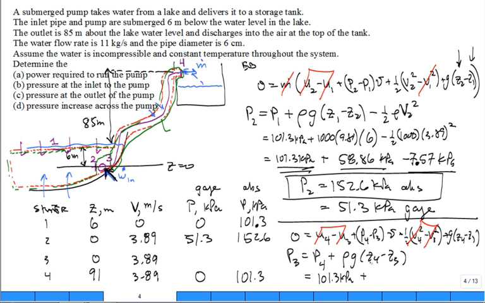And then what is the elevation change, Z4 minus Z3? It's 91 meters. And so then that comes in at 893 kilopascal, or a total of 994 kilopascal. So 994 or